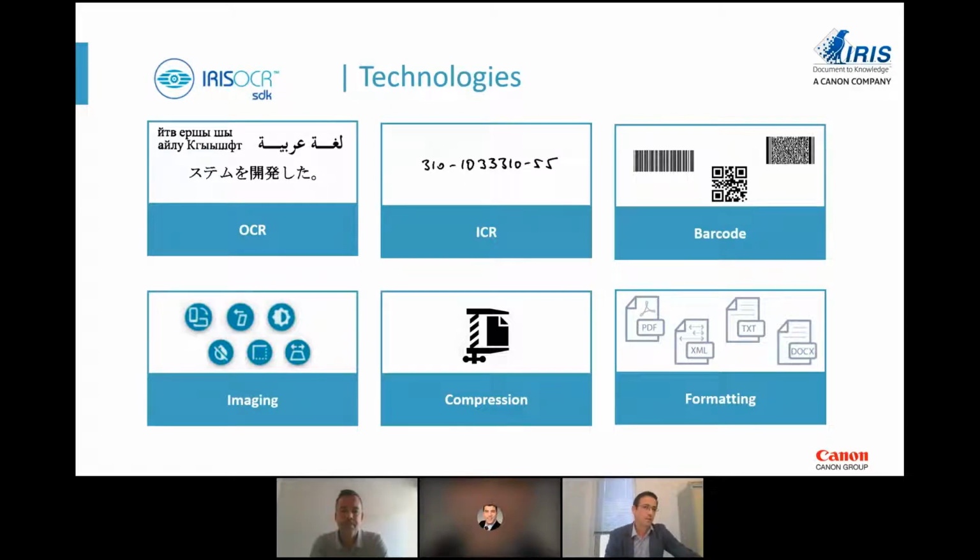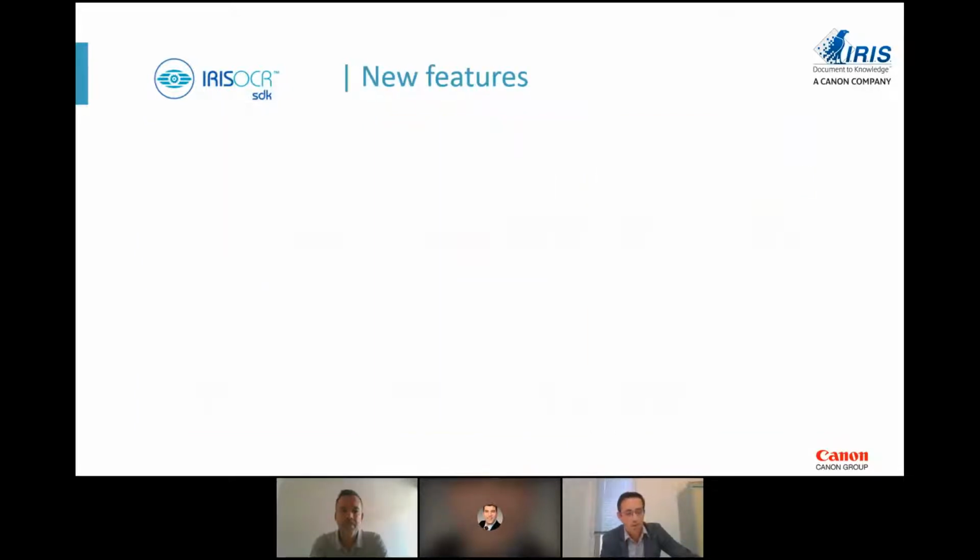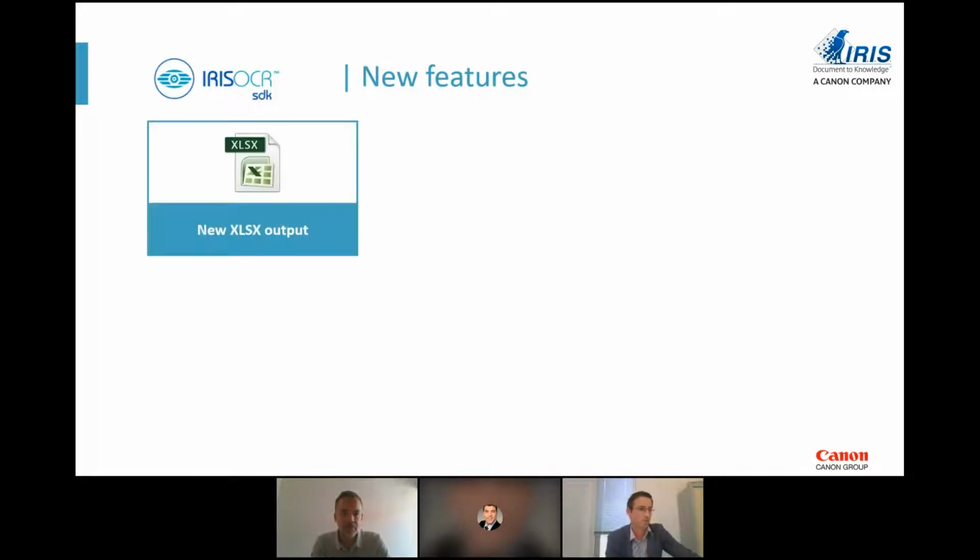But as I know that there are some people around that know all of this, I still wanted to have some information for them, and I wanted to review what we have developed during the last 12 months inside of the Iris OCR SDK. Maybe you have also read the release notes, but if you have missed them, at least here is a reminder of the 6 most important new features we have introduced.